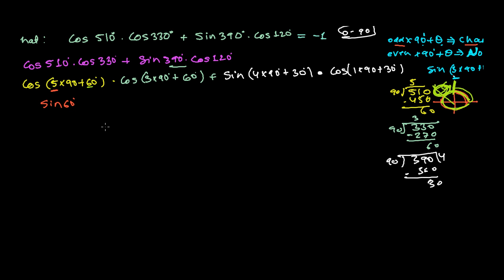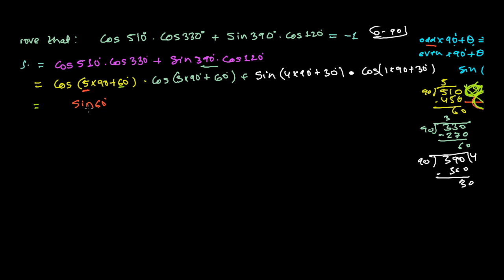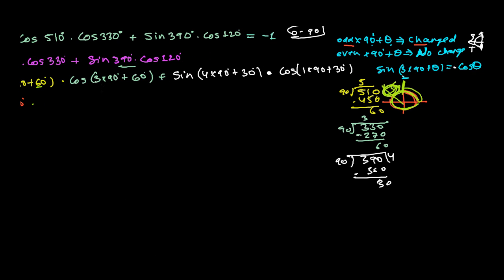In the second quadrant, sine is always positive and cos is always negative. We don't have to look for this sign, we have to look for this. This is cos 510. Cos 510 comes into the second quadrant, so that time this will be minus sine 60, and then times cos 3 times 90. So this 3 is actually an odd number, it means it gets changed. So without any hesitation, I will directly write sine